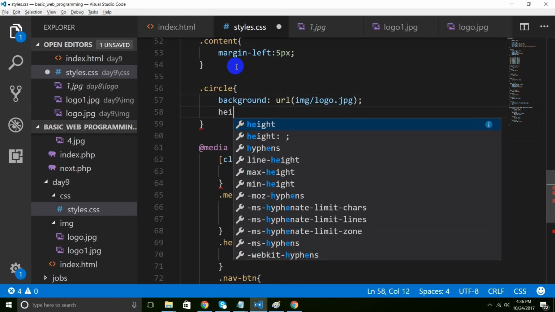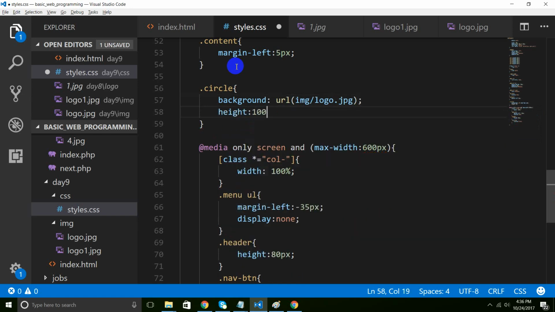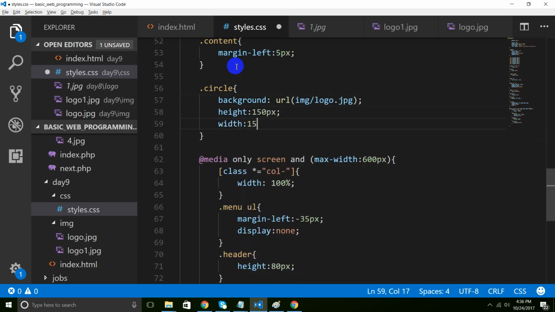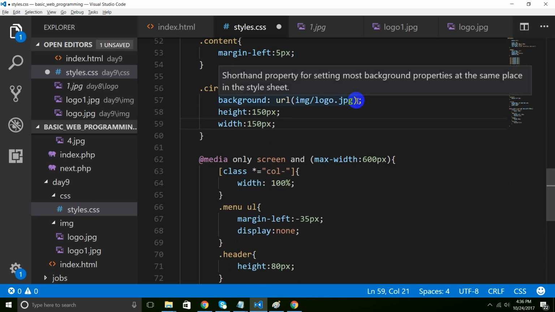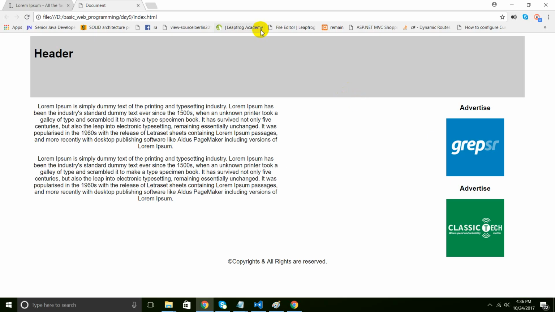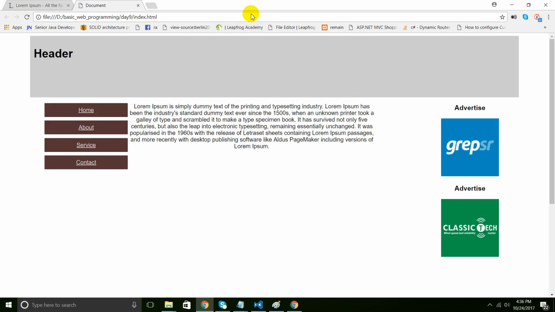So we know the height of the picture is 150 pixel, and then width also 150 pixel, I guess. And then this background, we don't want to repeat it, so that means no-repeat, right? So let's see how it looks. This is what it looks like, and we have a